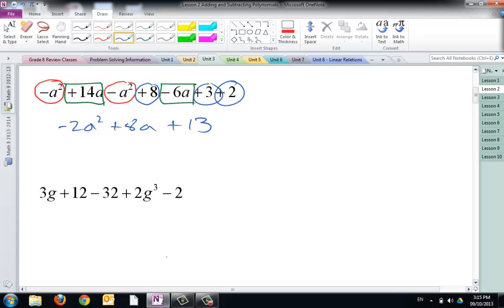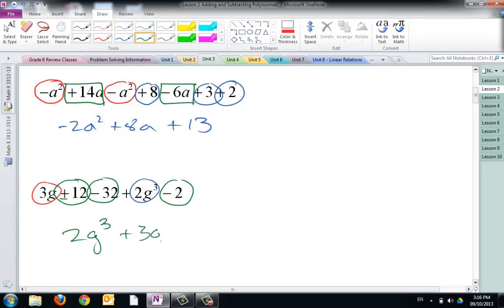Okay, so for this next one, I'm going to do something similar. I'm going to identify my like terms again. You'll notice that with these, I'm trying to be careful as I do each of these things to keep the sign or the operation, in this case addition or subtraction, with the term that it precedes. So to say that a different way, let me write this down. 2g cubed